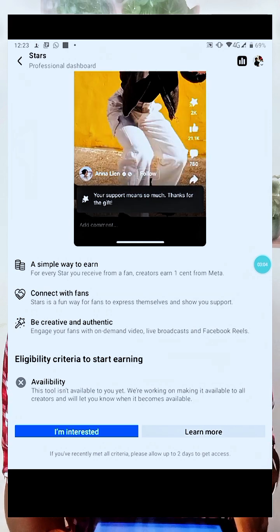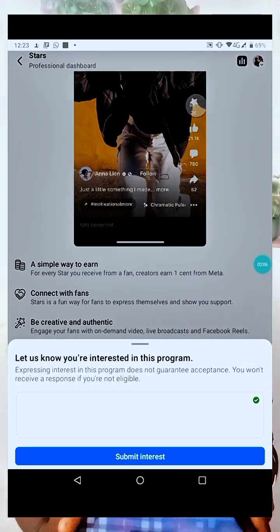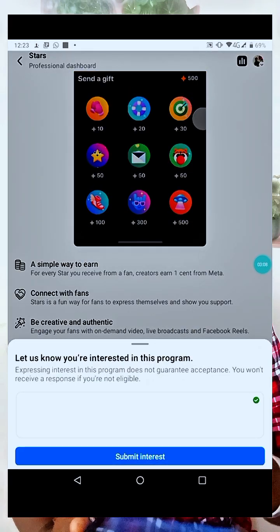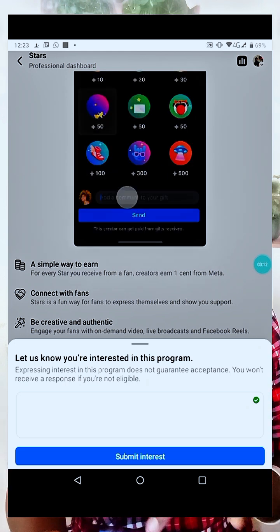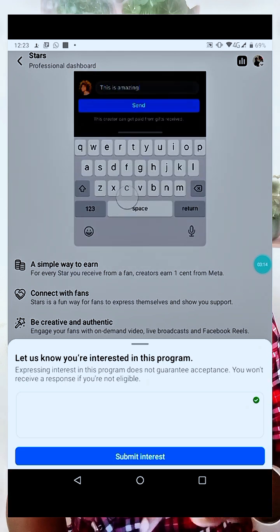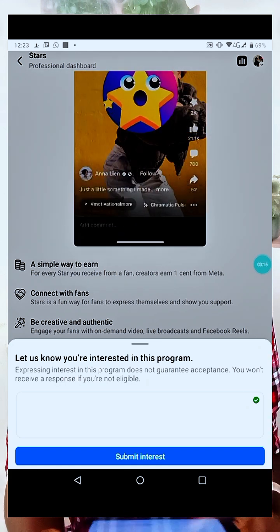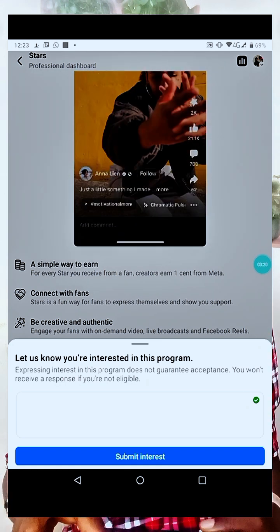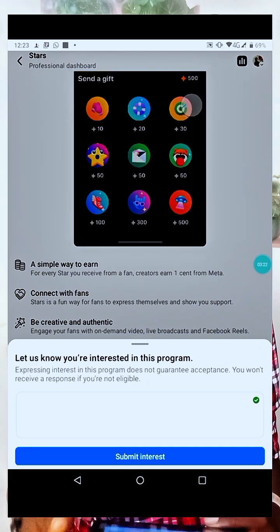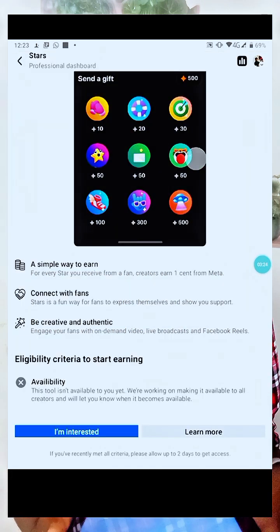If you're interested in this particular one, you can just click on I'm interested, then write the reasons why you're interested and why they should select you for this particular one. And if you're skeptical about how to go about writing it, you can go ahead and ask ChatGPT to help you out with this. It's very, very seamless and it is also very easy.